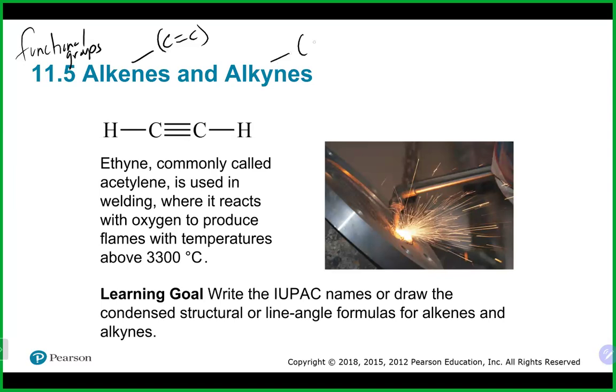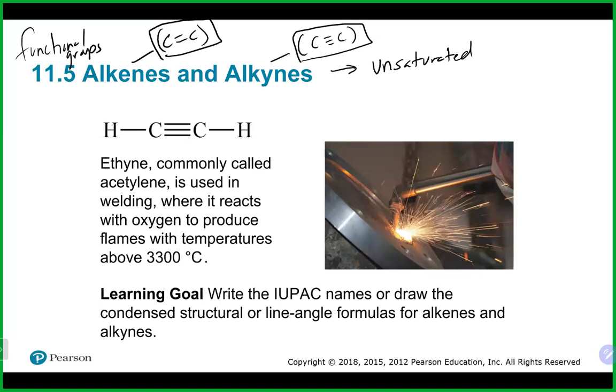Alkynes have at least one carbon-carbon triple bond as the functional group. The good news is, frankly, they're named from those first alkanes as well. Because they have double bonds and triple bonds, they are referred to as unsaturated,